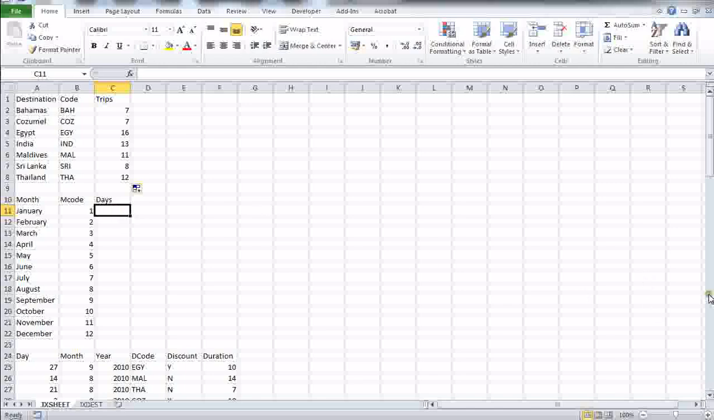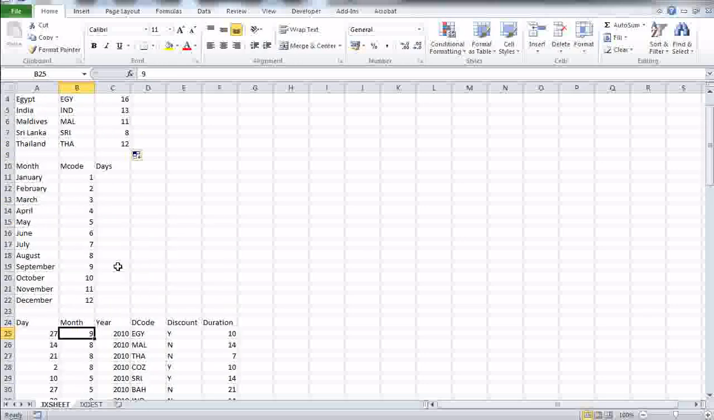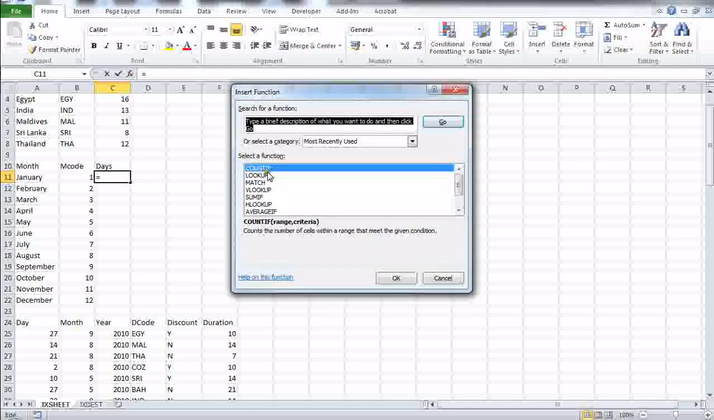The next question, question 46, asks me to use a function to add the total number of days for holidays starting in the month of January. The month of January is a code of 1, which we can see in the data here. So I need to calculate the number of days. This is going to be a SUMIF. So again, click on the FX, SUMIF,